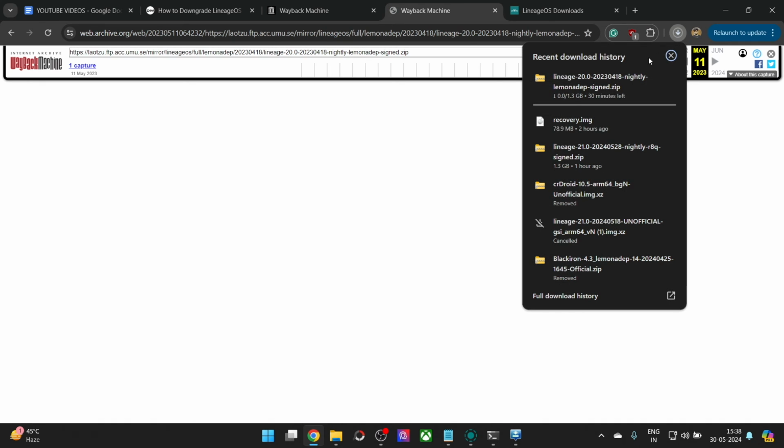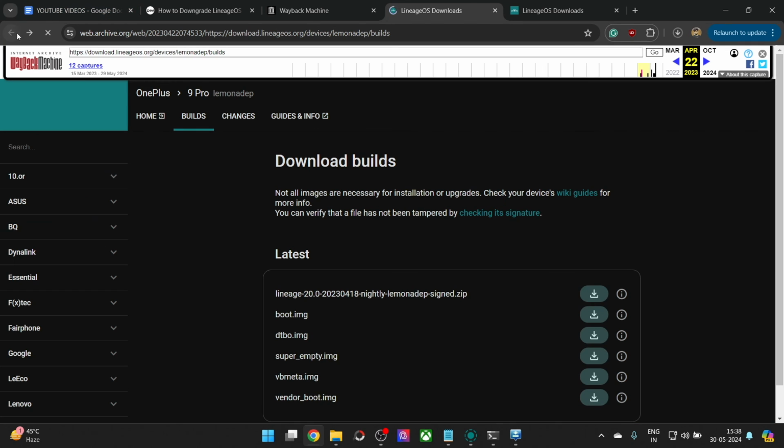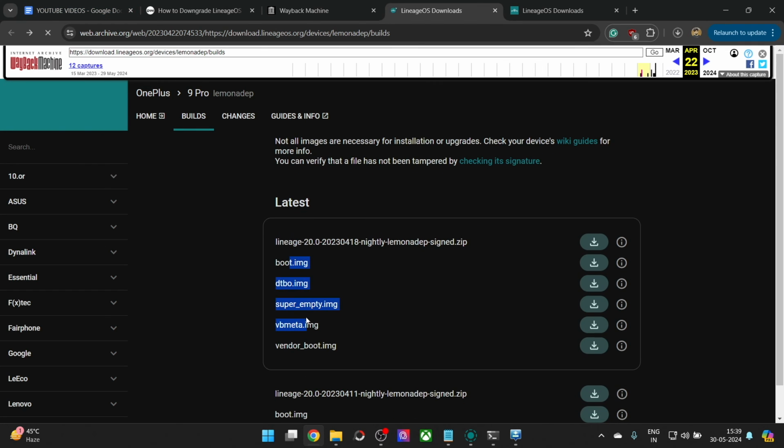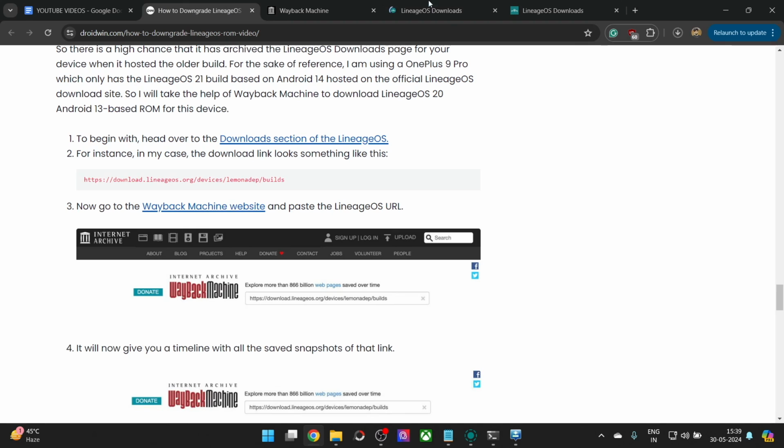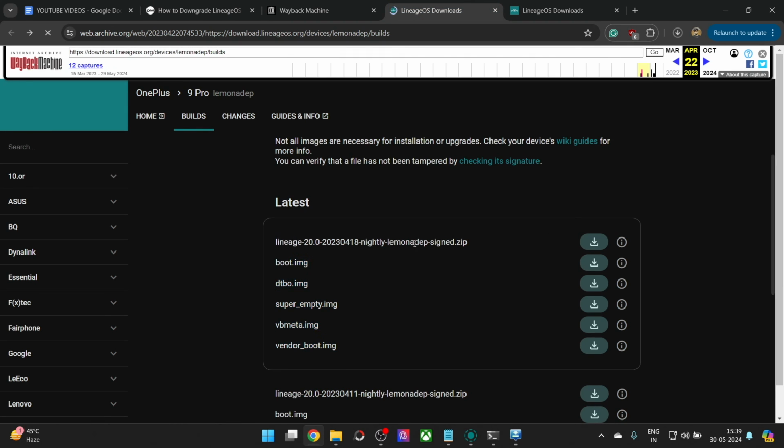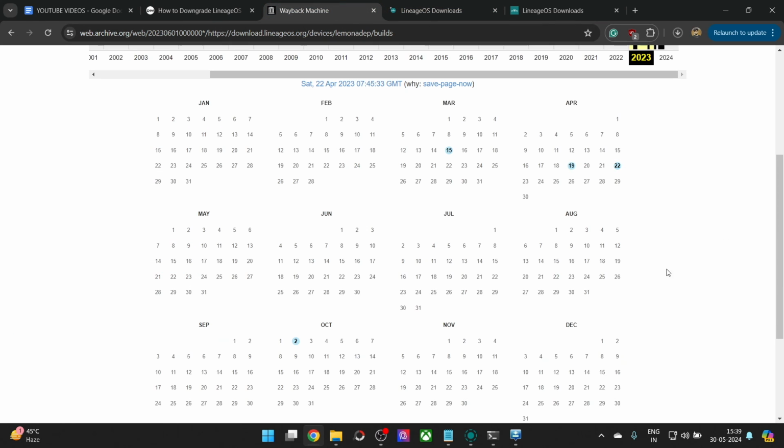It might take a couple of seconds, and as you could see, the downloading for Lineage OS 20 has started, and the file is now being downloaded. The speed and time might vary, that's quite normal. You may now do a downgrade. You may simply download the zip file, and apart from the zip file, as you could see, it has a few IMG files as well. Get hold of the IMG files and then flash them in fastboot mode. Then reboot your phone to recovery, do a format data, and then do the ADB sideload of the ROM zip file. In a similar manner, you may get hold of the file from here.